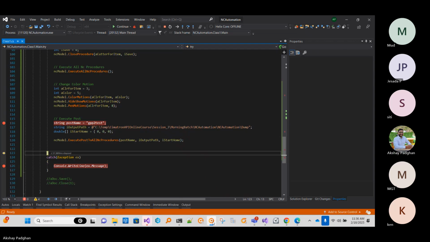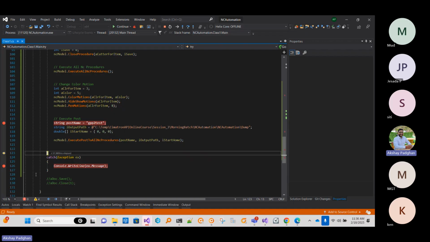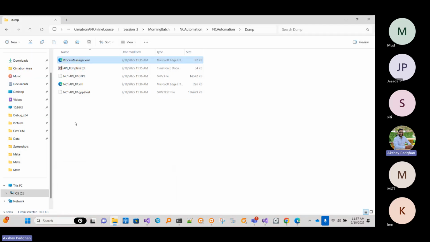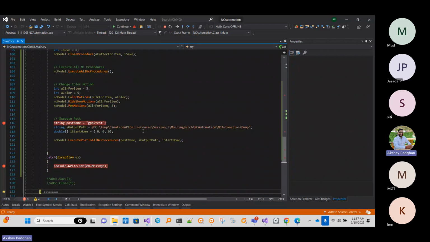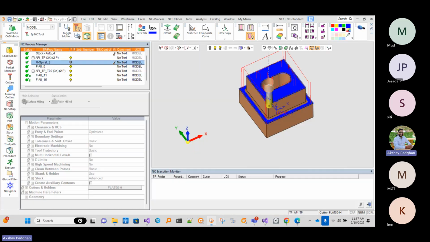Okay, so it's working. The breakpoint is not an exception. So GPP2 test is created. So this is for the execute post to all NC. Okay, then the last thing which we can do